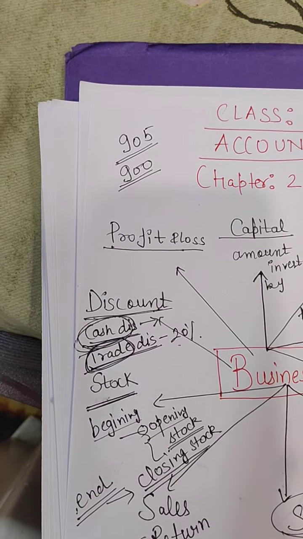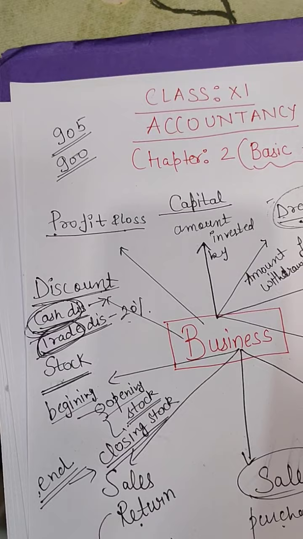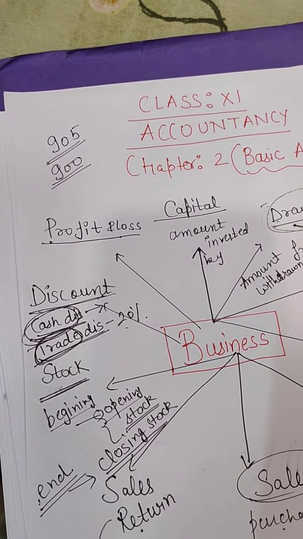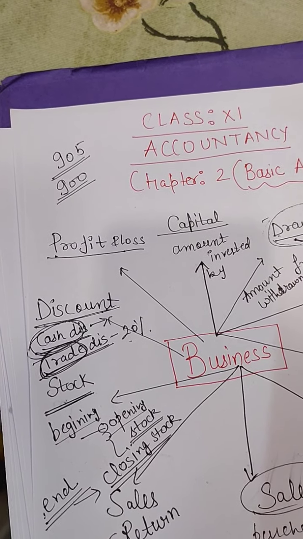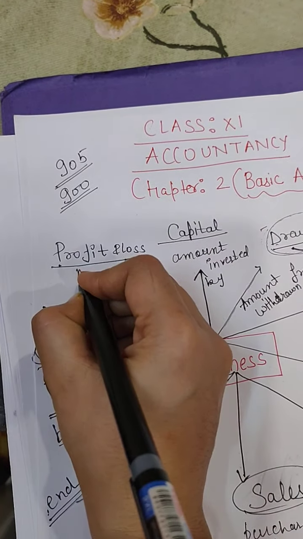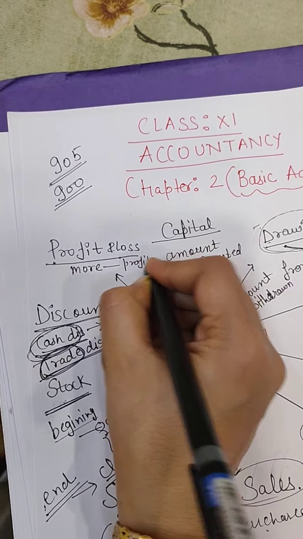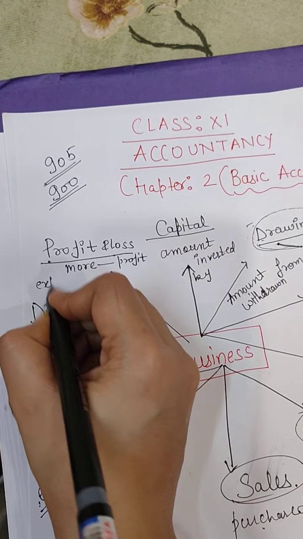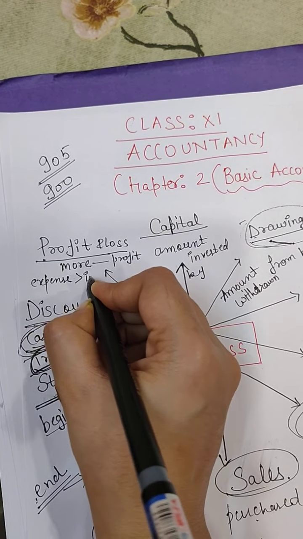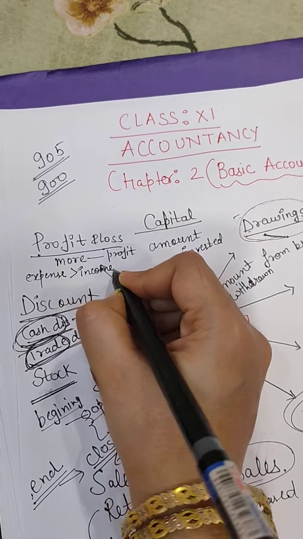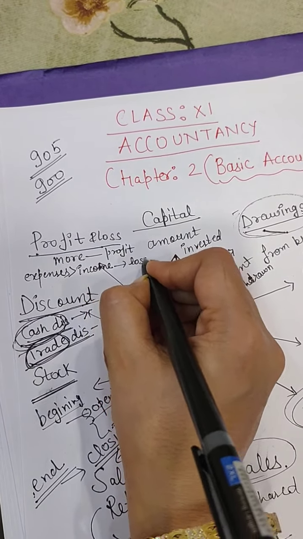After all the activities, if we are earning more, that amount is called profit for the business. But if our expenses are more than incomes,